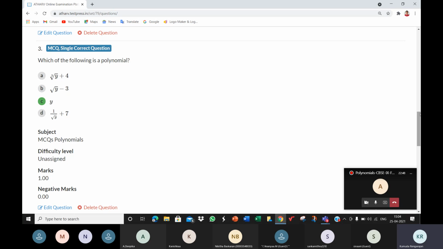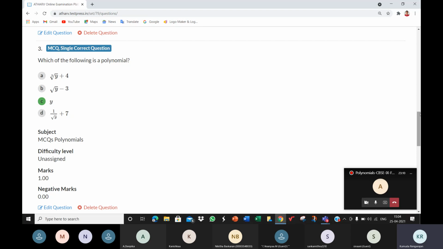Only if it's a constant, like we have 10. So when you have to check if 10 is a polynomial, since you don't see the variable, we say 10x to the power 0. And then the power of x is 0, which is a whole number. And so 10 is a polynomial. It's also an algebraic expression. 10 is a constant polynomial.